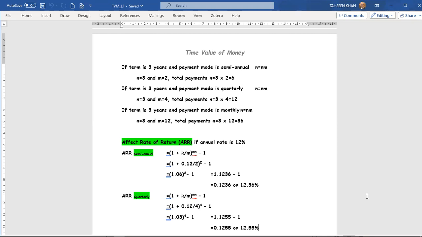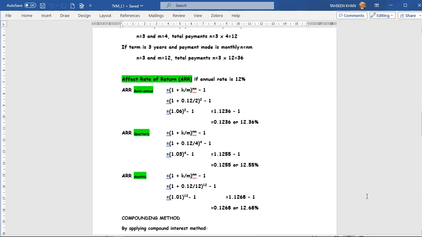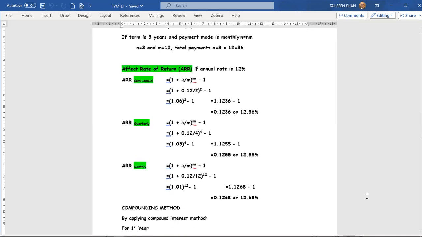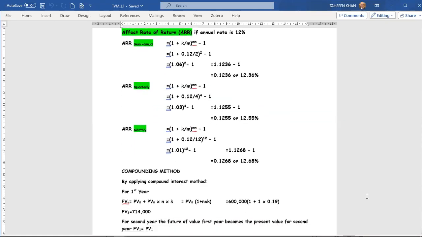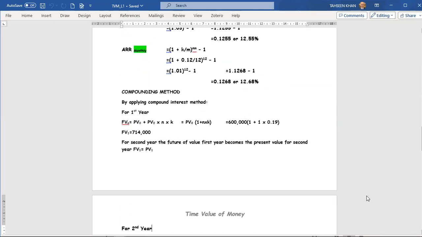It means it's increased by 0.55% in case you are receiving the profit payment on a quarterly basis, and similarly if you are receiving the payments on a monthly basis, it comes to 12.68%. Now we are going to apply the compounding method on the same question, where FV1 is equal to